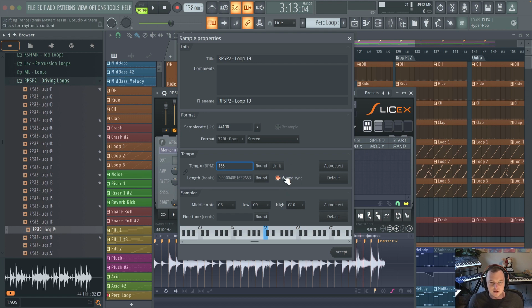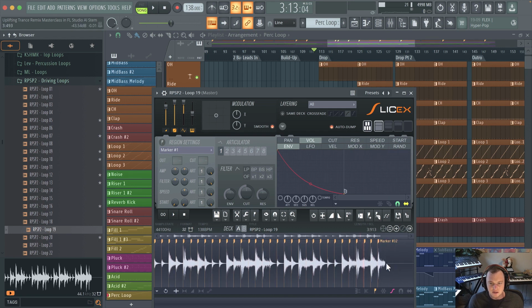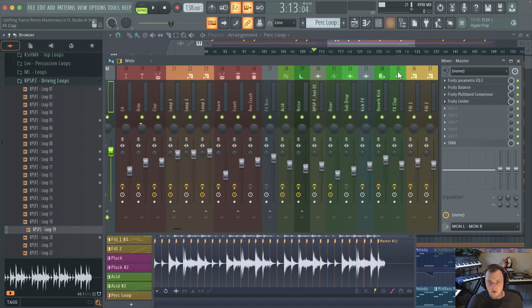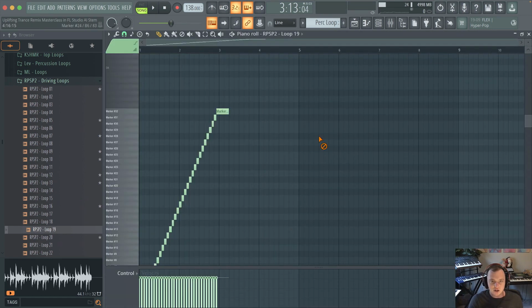So that's what I'm going to do. I'm just going to hit accept and do it like this, and sure enough, once again, we see this particular piece. It is now chopped up into 32 pieces, and it's gotten all the hits. So all we need to do is click on this button, dump score to piano roll, and what it's now done here in the piano roll for this pattern is